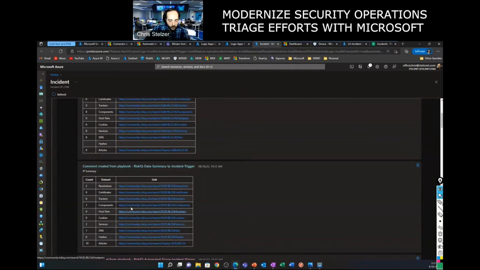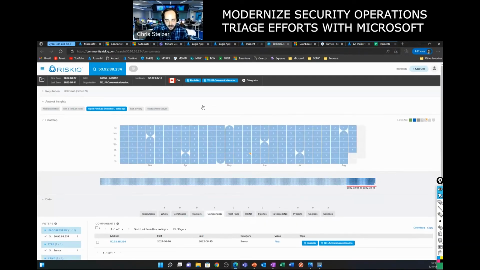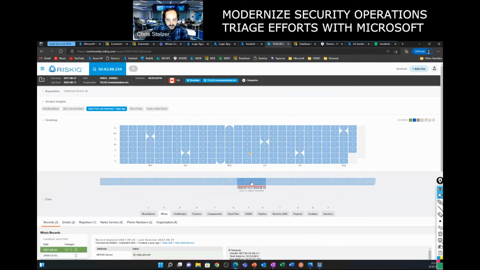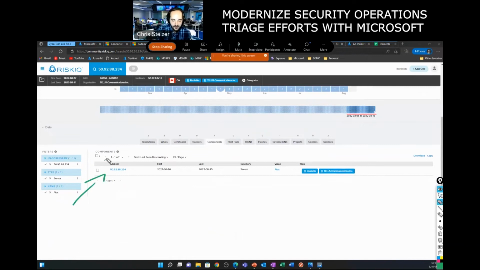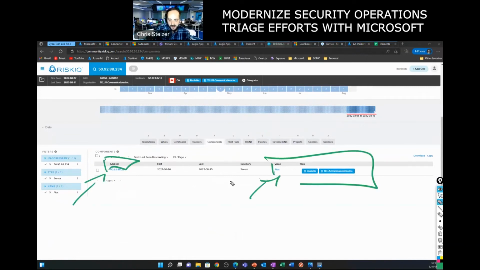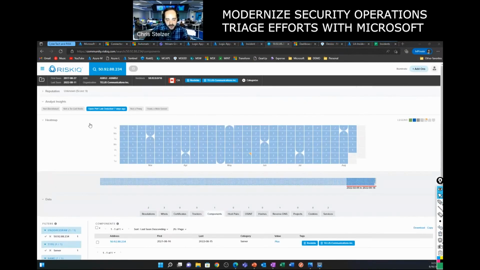So if I want to know more about this IP, there's a direct link to show me exactly what components are running on this IP address in question. So I can literally click that IP address. I now know this is a TELUS IP address. I can immediately see WHOIS data, and I can immediately see what components are running on this IP address from TELUS. I can actually see this is my Plex server running on my home IP address. So RiskIQ is gathering all kinds of threat intelligence out there about external attack surface and things like that. And this can be very, very valuable for an analyst to dive into an IP address, dive into a host, and see what RiskIQ knows about this data throughout the environment.